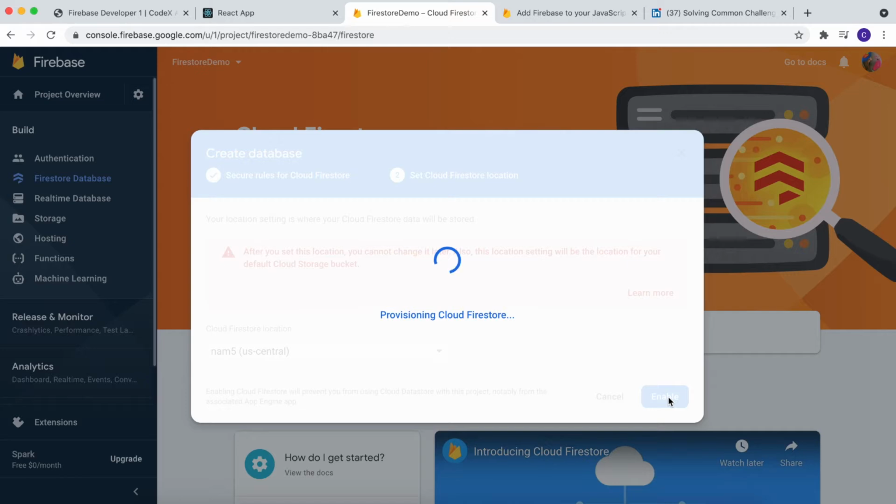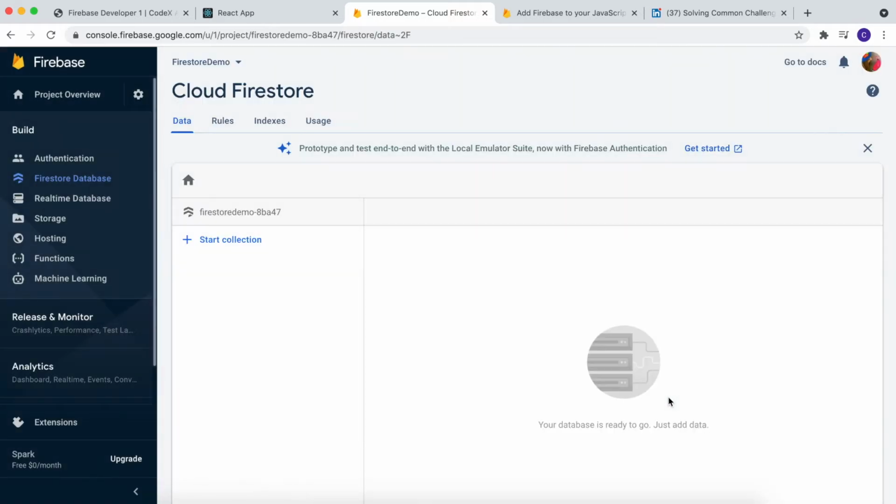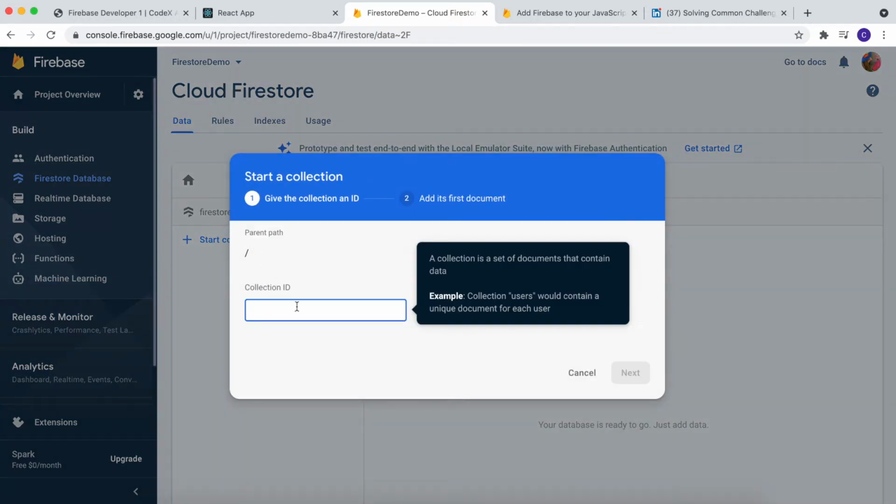This database, in Firestore database, the data is gonna store like JSON objects. It has collections. Inside these collections, we can create documents. Like if we say start a collection called, as we are going to write grocery items, I'm gonna create items collection,